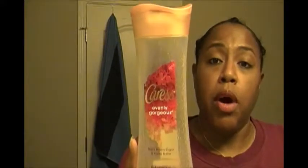These two items here. My local CVS was having a sale on body washes, and it was the Caress brand. And I have been wanting to try these two for a long time, and I have to say I really enjoyed the Caress Even and Gorgeous Burnt Brown Sugar and Carrot Butter. This is an exfoliating body wash, and this is the Love Forever, and it's supposed to, when you touch your skin, it's supposed to